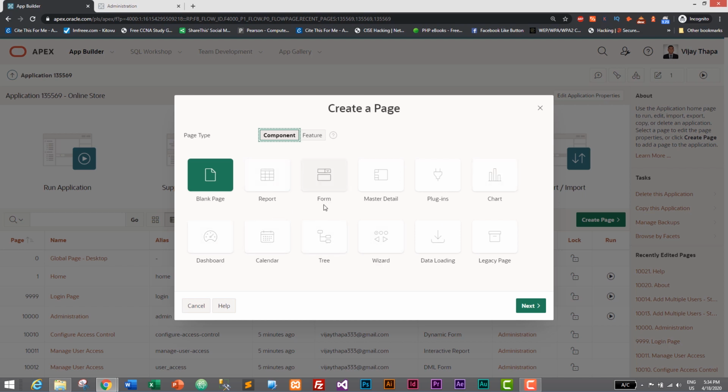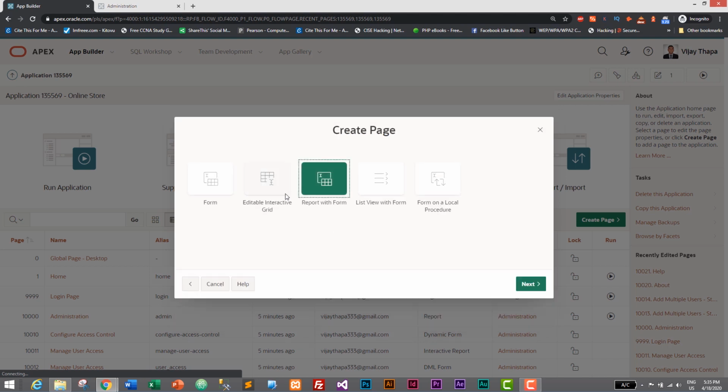So in order to add a category page, let's go with our form. Inside the form we also have multiple features. Form will create a page with form only, whereas editable interactive grid will create columns based on our database table, and inside that table you can easily insert the data.